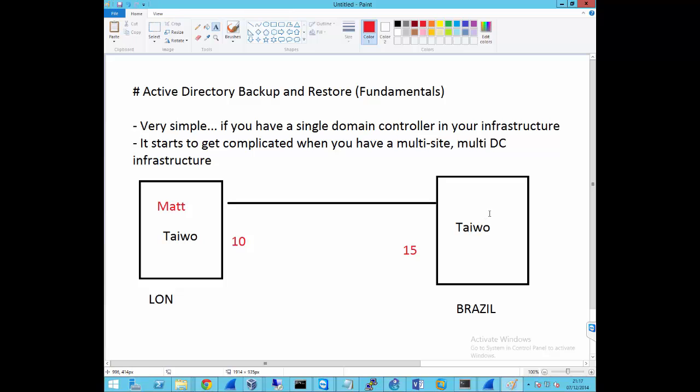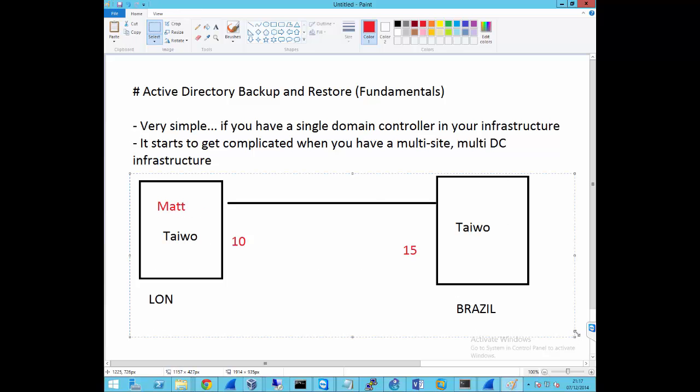So what this one will do is that it will replicate back what you just restored and wipe it off again. Do you get that? Is that clear, Matt? Yes, it's clear. That's where it could get complicated, because if you're not careful, you can restore this guy here, and this guy will go, no, you got all the information. Matt has been deleted, and then it replicates back, and boom, everything is gone again. And then you're like, okay, what do I do in that kind of situation? So that's why it could get complicated in a